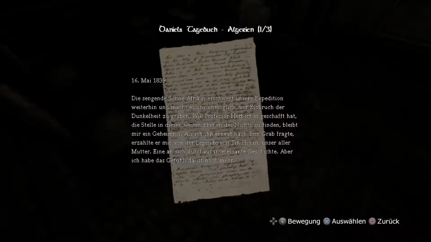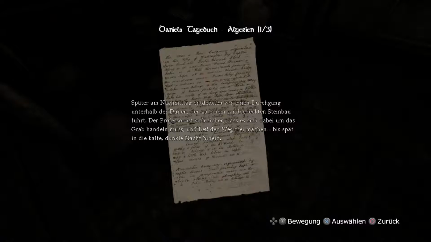16th of May, 1839. The unflinching African sun has continued to plague our expedition, making it impossible to dig until dusk. How Professor Herbert managed to find the location in these vast plains of nothingness remains a mystery to me. When I asked him about the tomb again, later that evening, tomorrow,